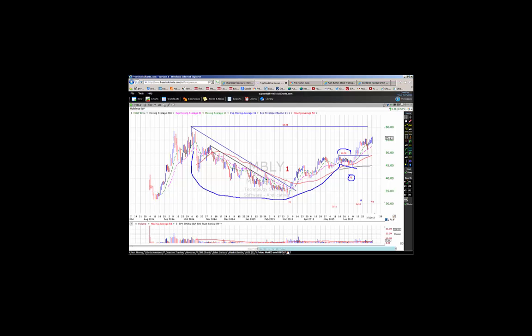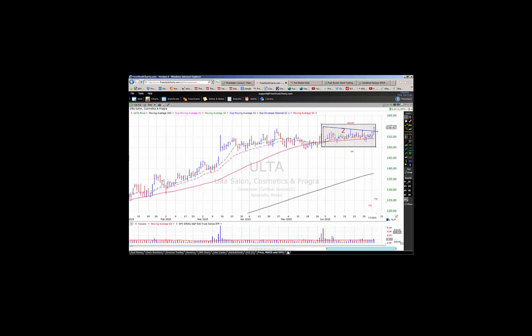And the final stock that I want to take a look at is Ulta Salon Cosmetics and Fragrances. Ulta operates 774 beauty stores in 47 states, offering hair care, cosmetics, and other products, as well as salon services. Ulta was on our watch list over the weekend, and yesterday it took out this trend line on heavier trading volume than any down day in the past 10 trading sessions, giving us a pocket pivot, a trend line break,